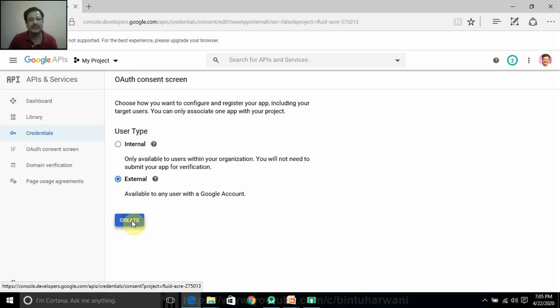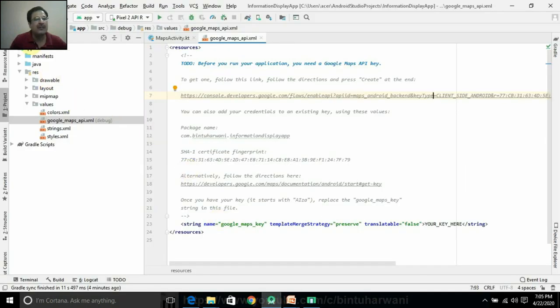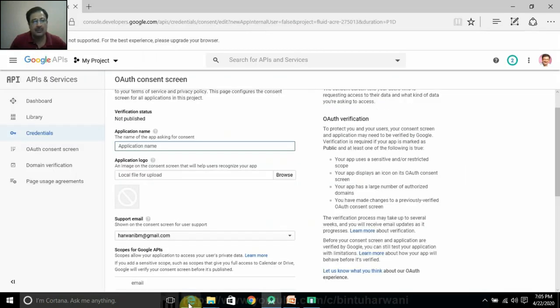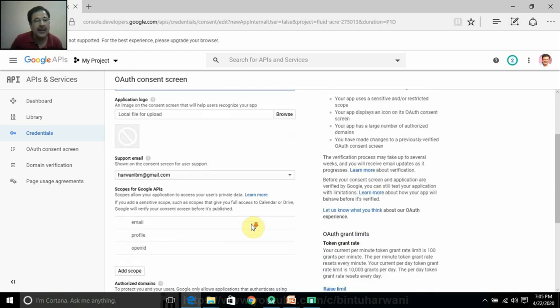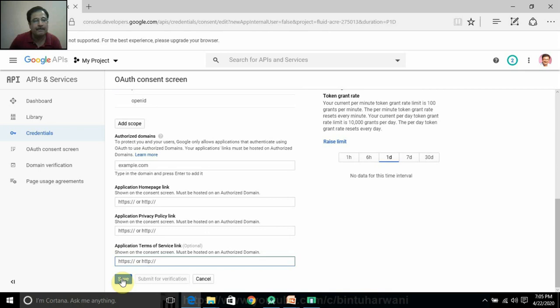Click on Create. It is asking for the application name, and recall I have given the application name as Information Display App. So I'll just write Information Display App here, and my email ID has already come because I've been to this page several times. Leave everything as default. Click on Save.